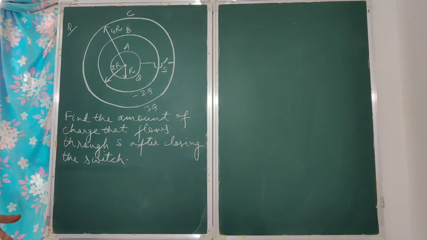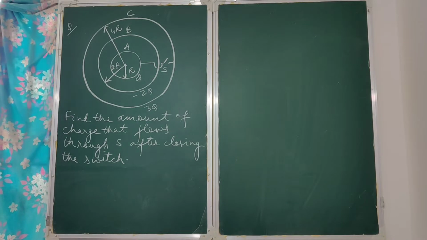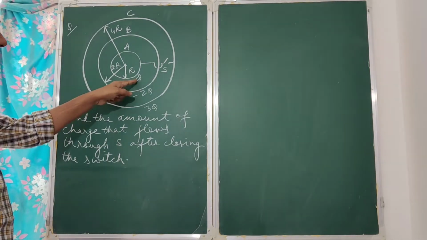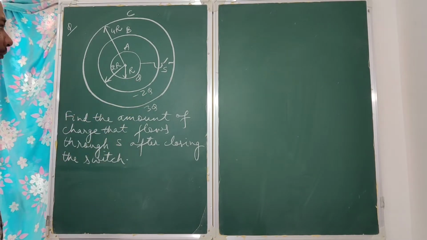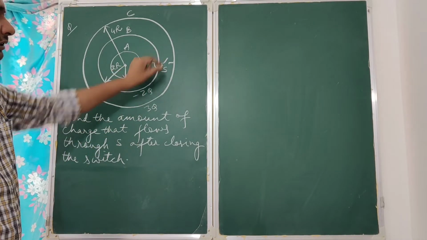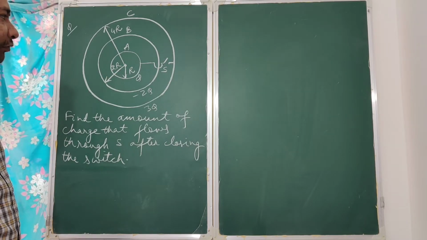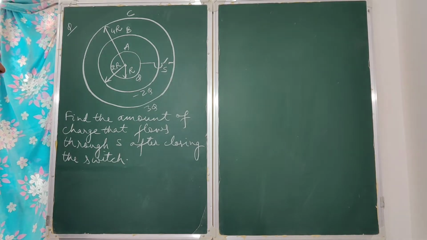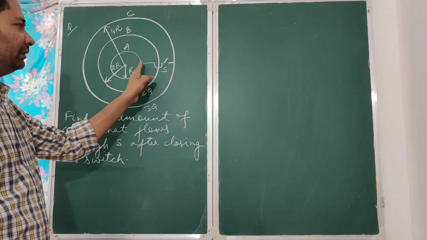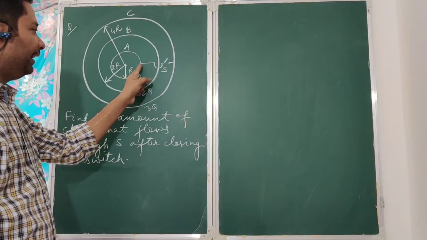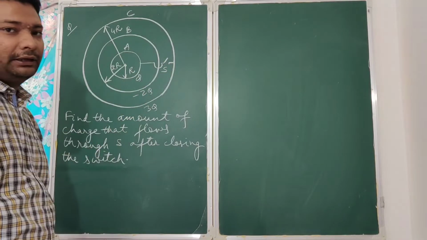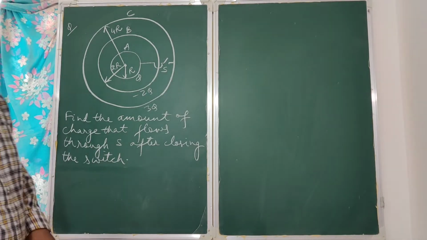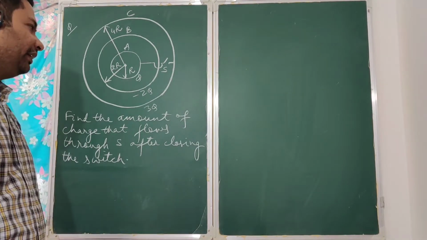Okay, so let's see this question. 3 concentric spheres and charges are given, Q, minus 2Q and 3Q. They are telling that if you close this switch, then there will be some flow of charge through this switch. So how much is that charge? Now the concept is, when you are closing this switch, the surface of sphere A and the surface of sphere C will acquire the same potential. So the flow of charge will take place till both of them acquire the same potential.